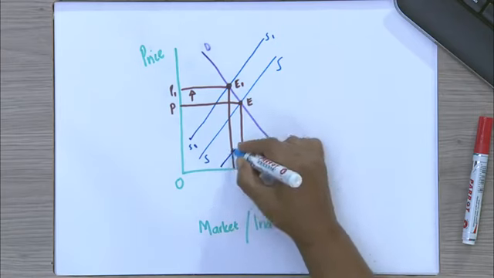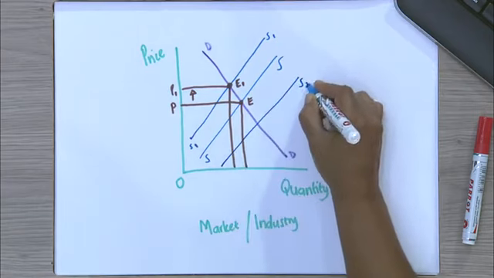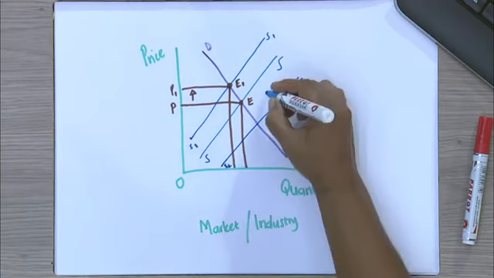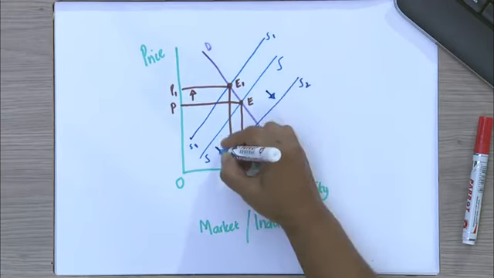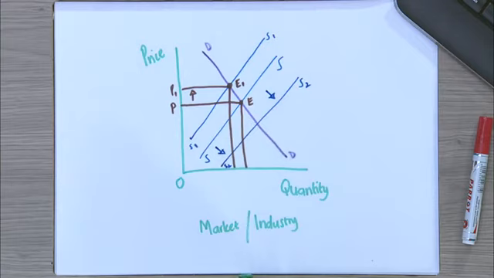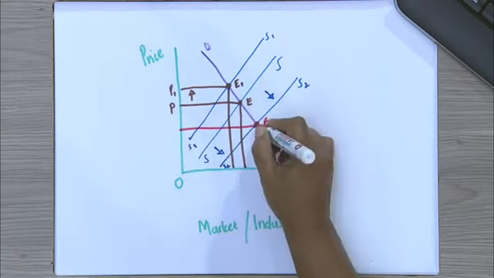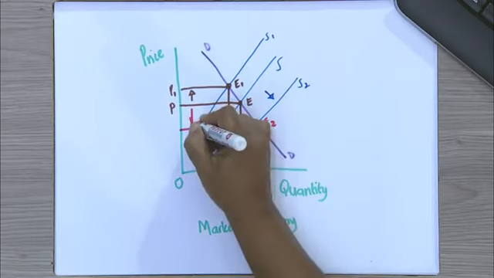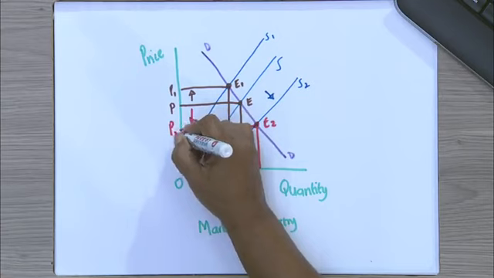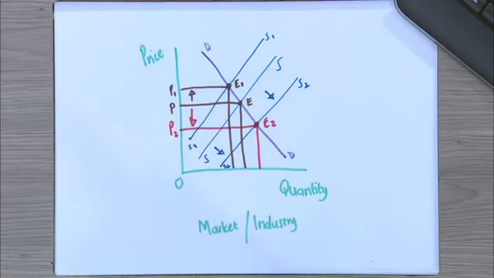But if the supply curve moves to the right, meaning your supply increases, if there's a shift to the right, what do we notice now? Now we see a new equilibrium is formed and the price decreases now. So let's call that P2, right? So what's happening here is